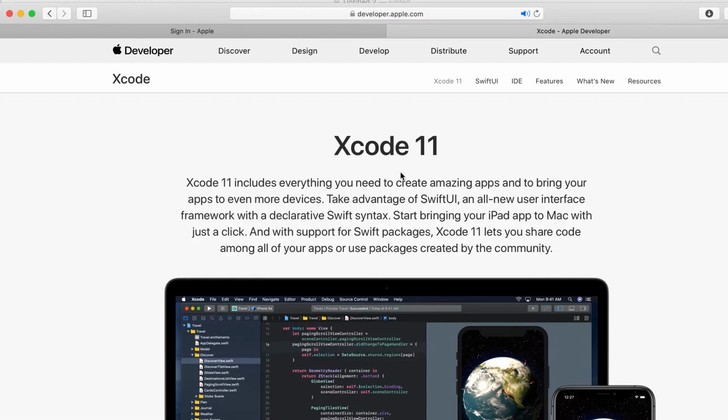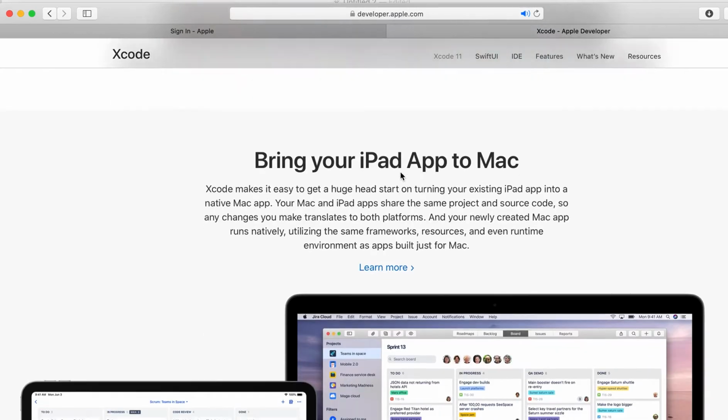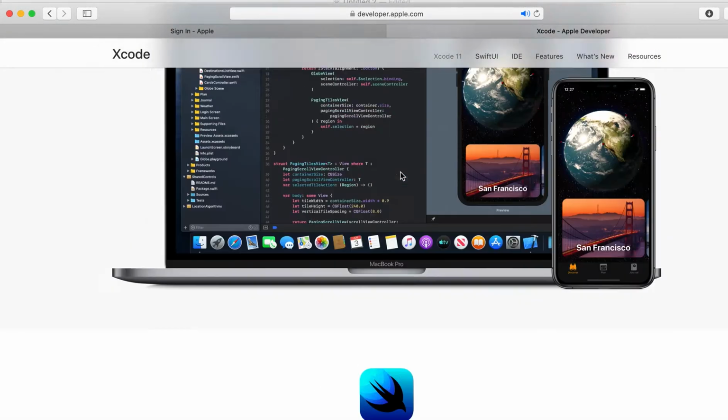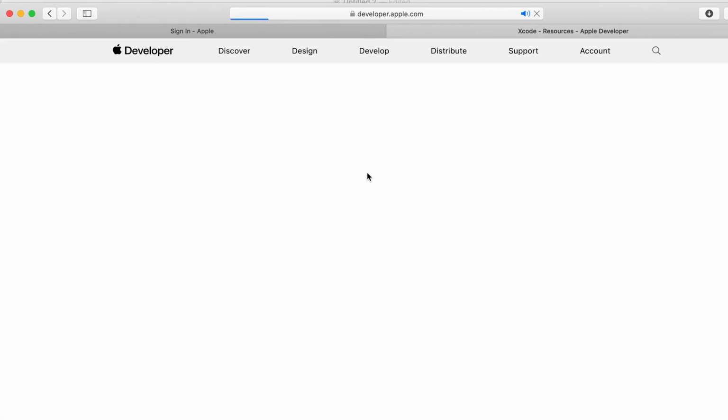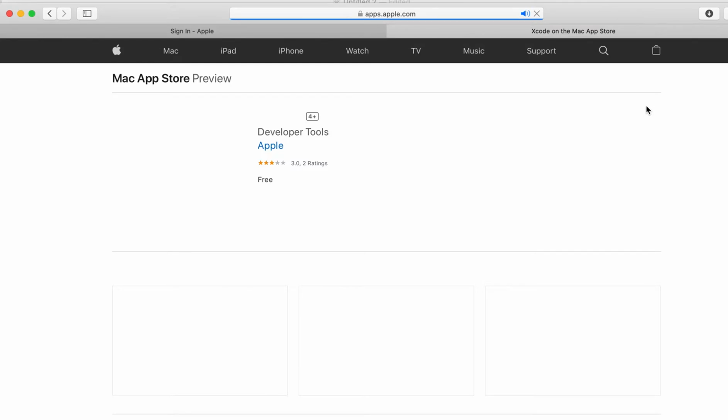We need to download Xcode 11. On the website developer.apple.com we can see Xcode. We will be downloading it from the Mac store. We will get directed to the Mac store when we click the resource button.